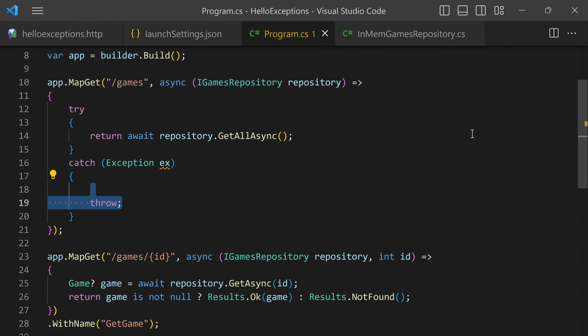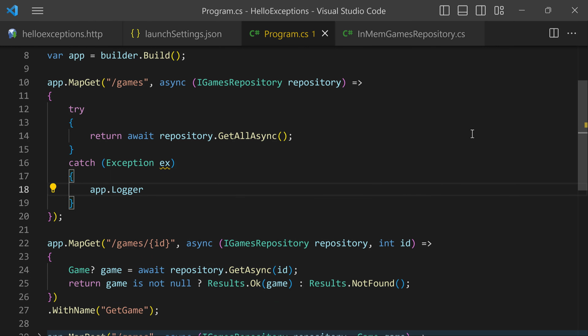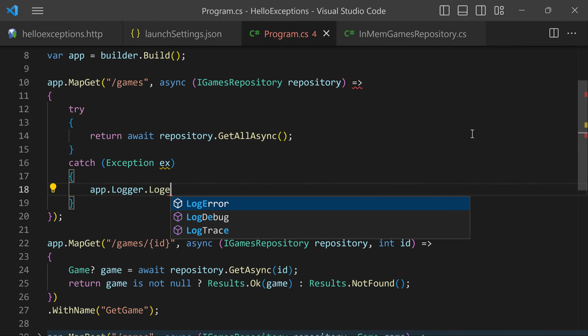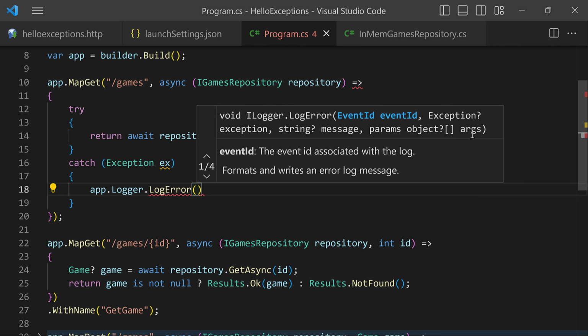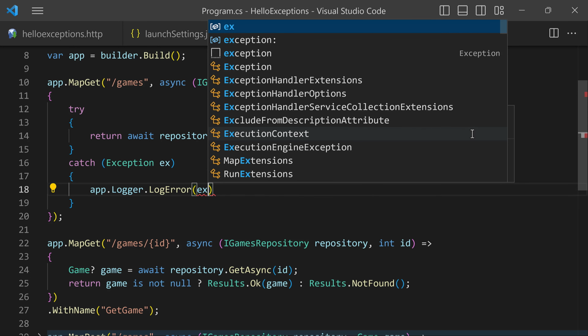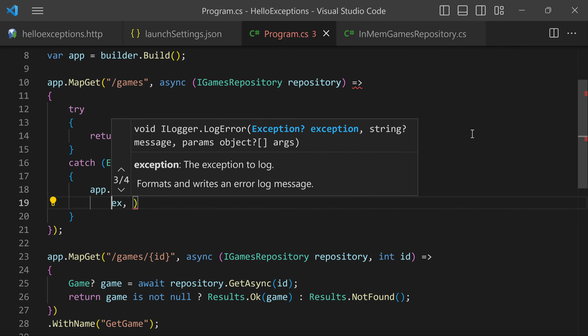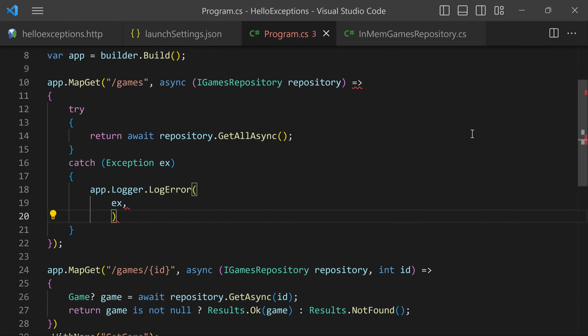The first thing is that usually we want to log this somewhere, right? To do that, what you can do is just say app.logger, and then this is going to be logged as log error. And then here's where we can decide how exactly we want to log this. In our case, we're going to send the original exception into the log, and I'm going to send it to the next line. And then we're going to provide a friendlier message, well, not to the client, actually to the log line that we're going to store in our application. So this is going to be could not process a